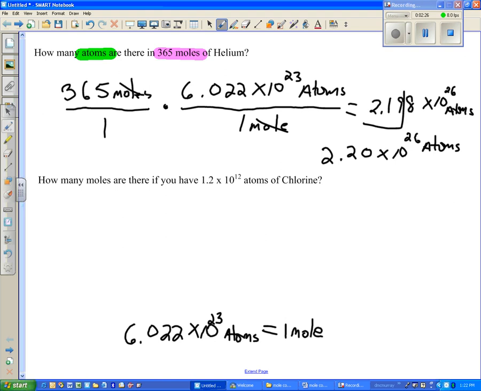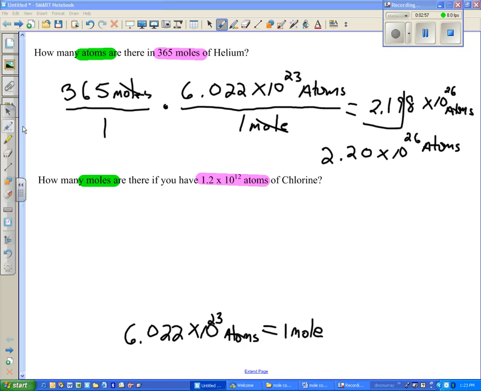So in this case, we went from moles and we converted to atoms, and we used the equality on the bottom. In the second instance, we're going to start with atoms, but let's take a look at what we have, which happens to be atoms, and what we want to convert to, which is moles. So now this is the opposite scenario, but notice my similarity in my approach. I'm looking at what I'm given. I'm going to put that over 1, and then I'm going to put what I'm looking for in the numerator